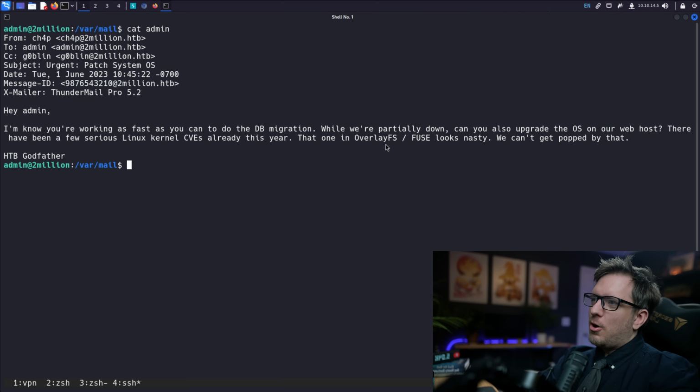HackTheBox Godfather. All right, so we need to pop them. We got to pop them. We're using overlay FS. I don't know what that is, but let's go ahead. Fuse looks nasty. Okay, overlay FS. So let's